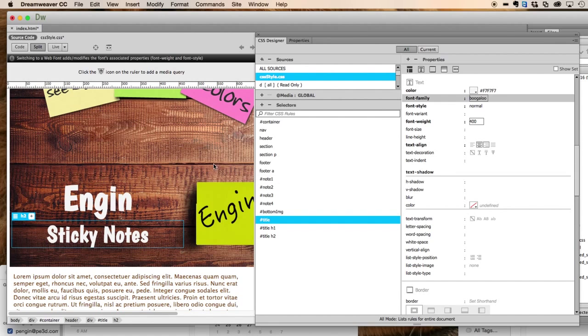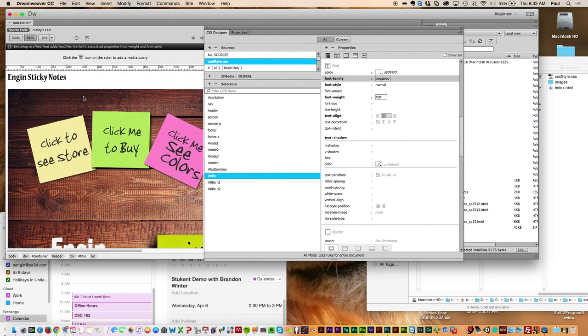So I think the last thing we have to do is the navigation, and then we're done. With our navigation, we're going to create a bullet list. I think we've done this for one of the other ones. We're going to put them all next to each other, and then get rid of the text decorations and create rollovers for them. Okay? So up here in our nav,